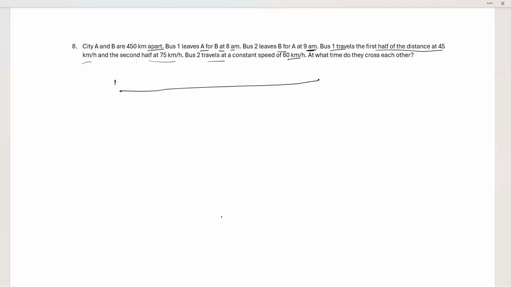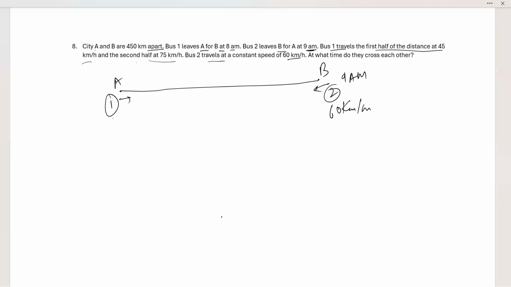ये बना लिया हमने सिटी A, सिटी B. 1 यहाँ से ट्रेवल कर रहा है और 2 यहाँ से ट्रेवल कर रहा है. फिर ये बस 1 यहाँ से. Bus 1 is traveling from A to B, 2 is traveling from B to A, and 2 is traveling at a constant speed of 60 kilometers per hour, and it starts at 9